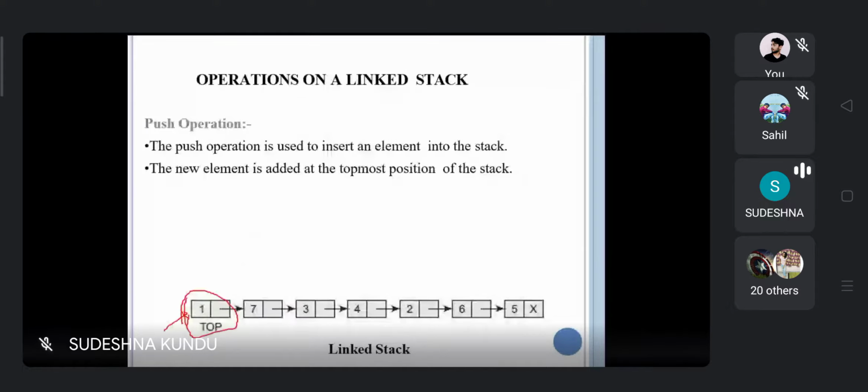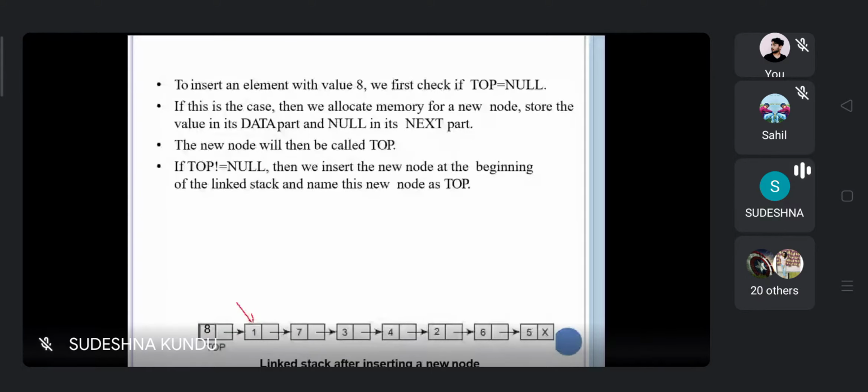If we want to insert some other element, we have to insert it before that. In the next slide we can see that whenever we insert some element 8 over here, we have to insert it in the previous position. So now top is pointing to which location? This top is pointing to 8. Fine.